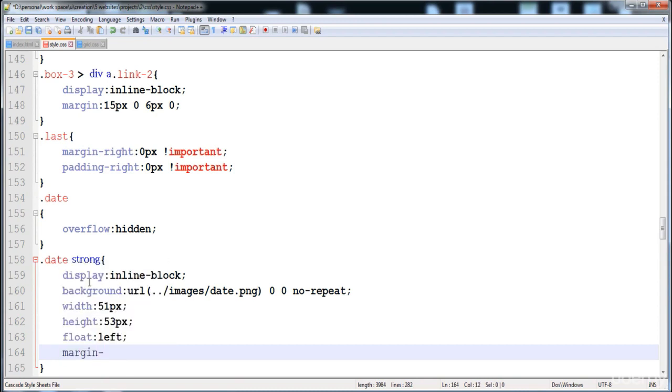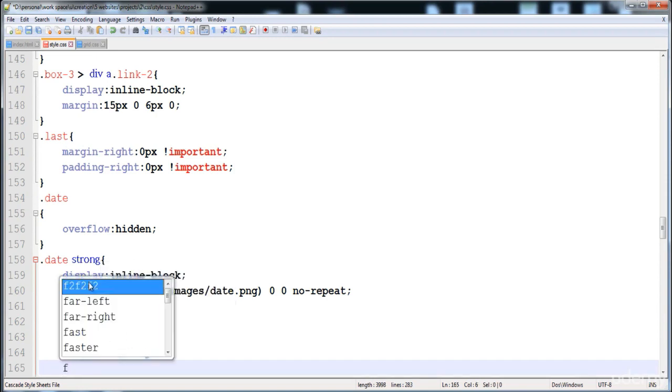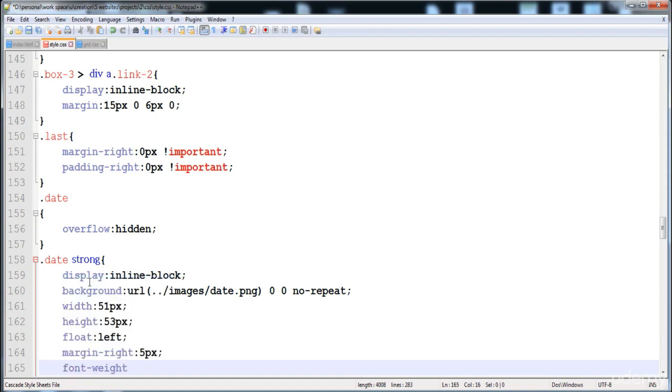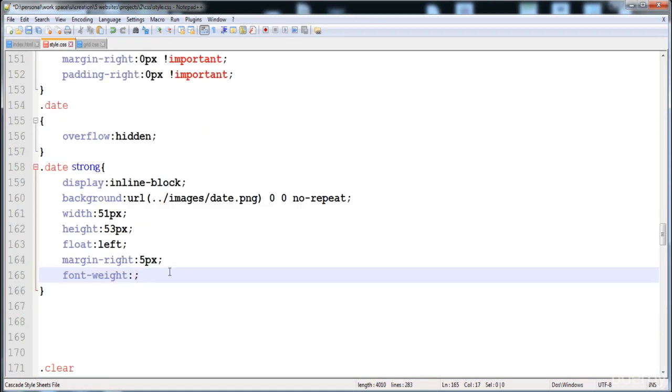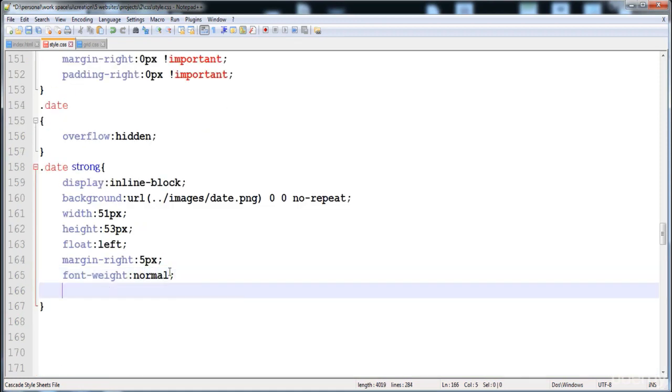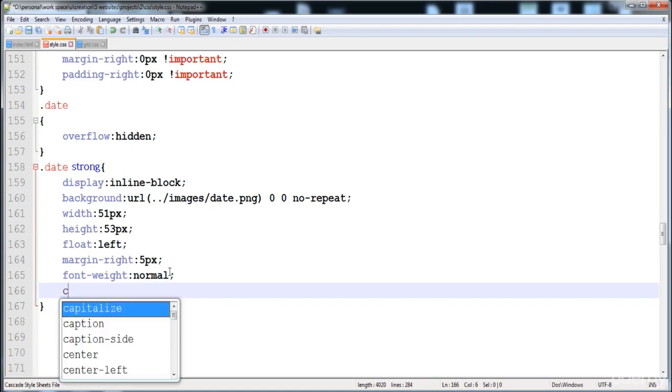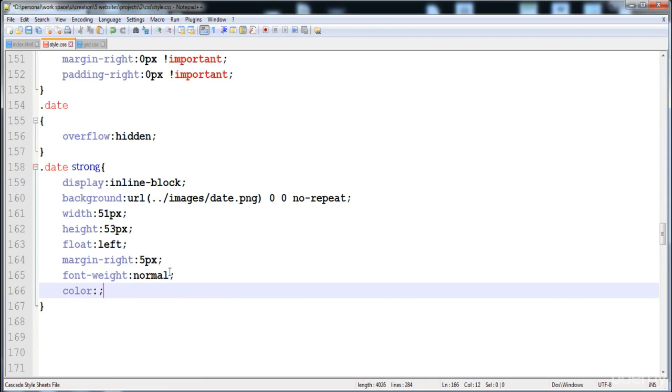5 pixel, and then here is the font weight. Here I'm gonna give the font weight normal, and then here I'm gonna give the color, black. The text color is black,